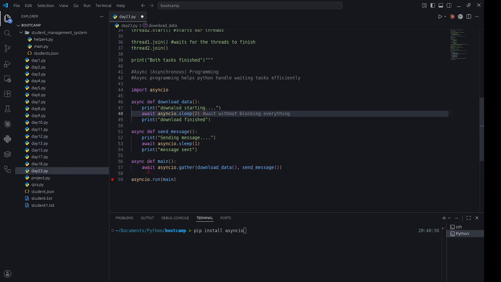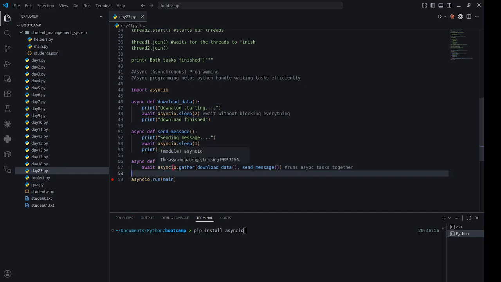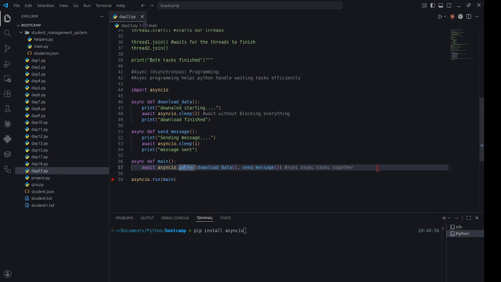Right? So asyncio dot gather runs async tasks together. If you have multiple async tasks, you can use asyncio dot gather, right? So this runs async tasks together,